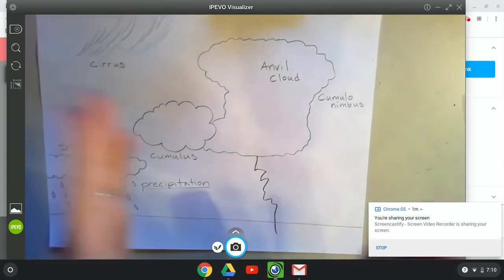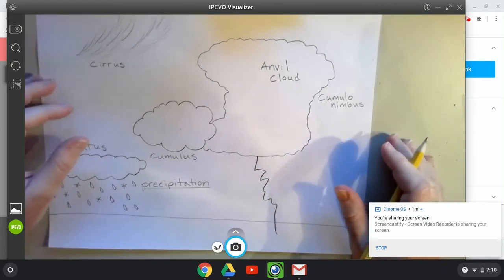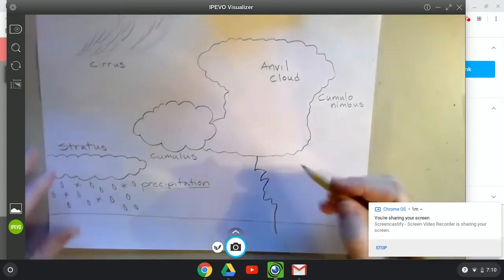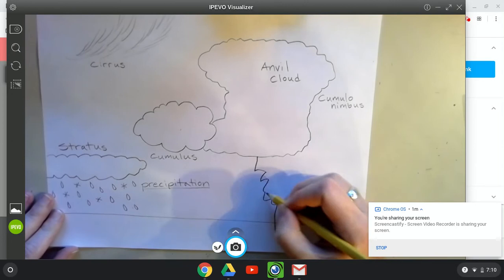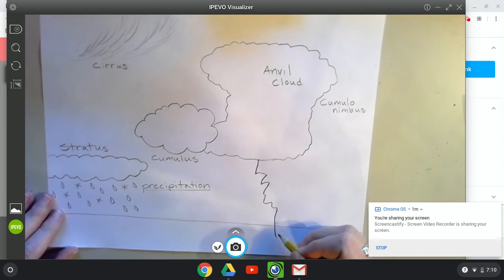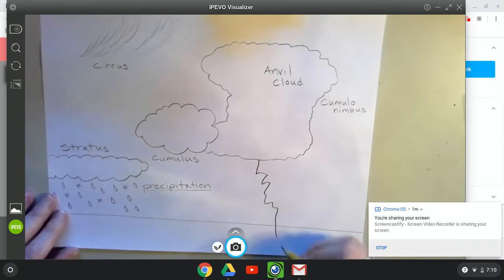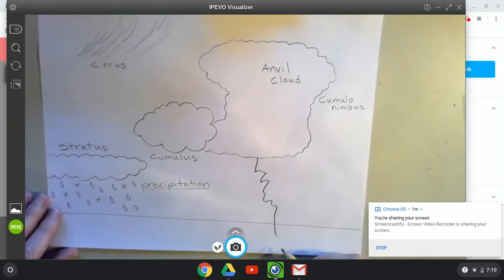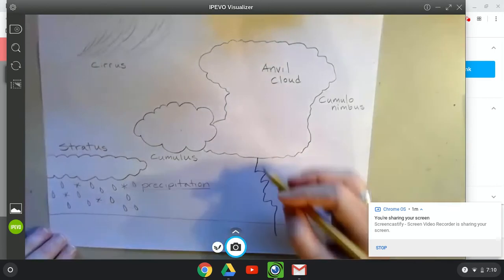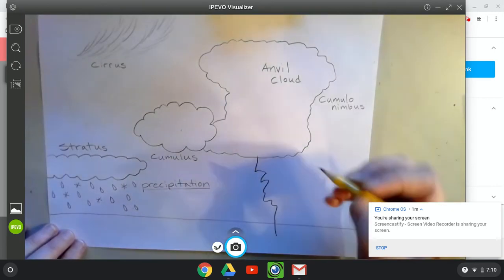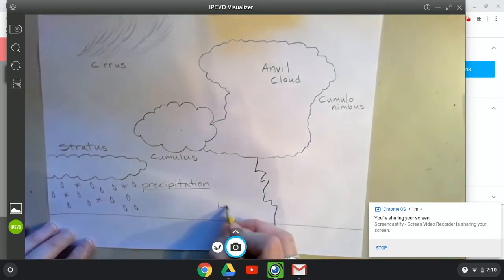Now, lightning's the flash that you see. Thunder is the clap of sound that comes after lightning. You don't see thunder. And it's because the lightning is so hot and so energized, it makes the air heat up so fast that it has to expand into sound. So lightning,